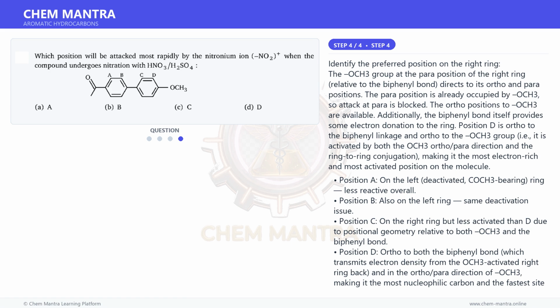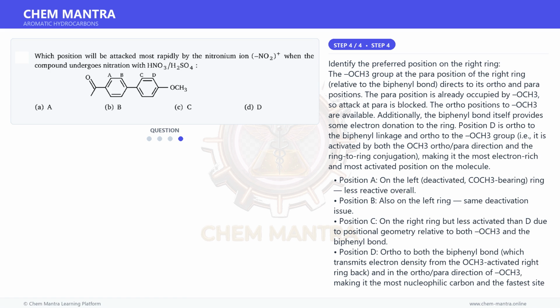Position A on the left, deactivated, COCH3 bearing ring, less reactive overall. Position B also on the left ring, same deactivation issue. Position C on the right ring but less activated than D due to positional geometry relative to both OCH3 and the biphenyl bond. Position D is ortho to both the biphenyl bond, which transmits electron density from the OCH3 activated right